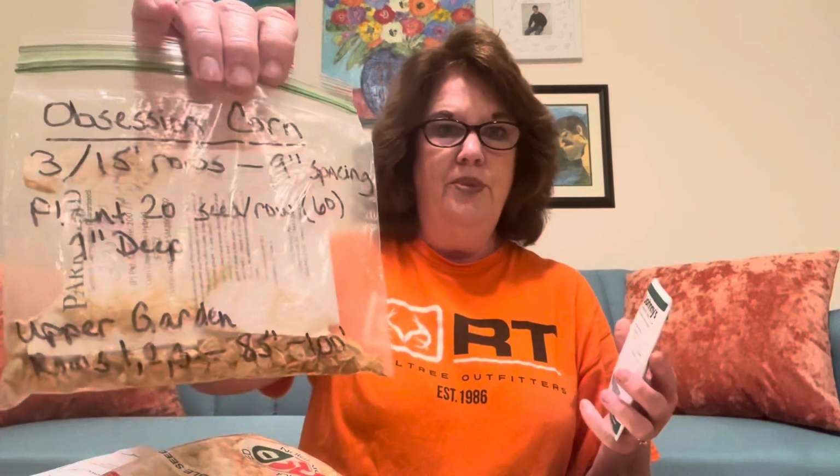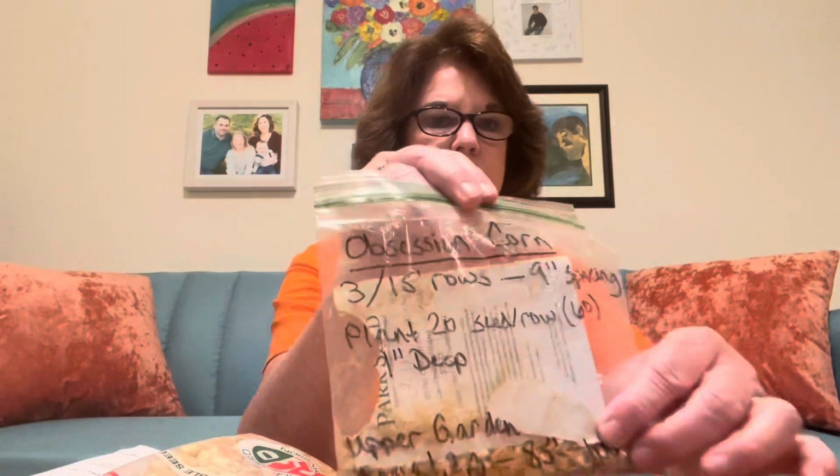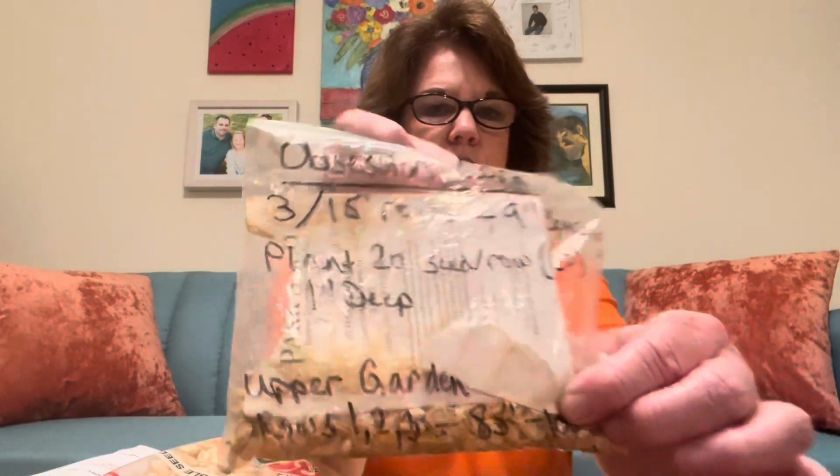I have Obsession, which is a bicolor corn. I got this from Park Seed Company. And I grew it last year, obviously. You can kind of see the dirt in my bag from when I was reaching in and out trying to get seeds out. It did not get real tall, but I was shocked when it finally started hitting, because I